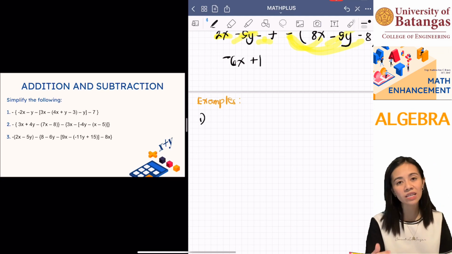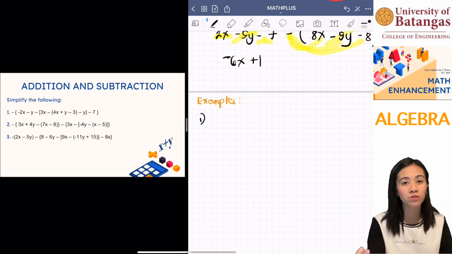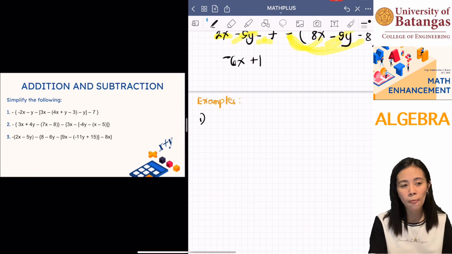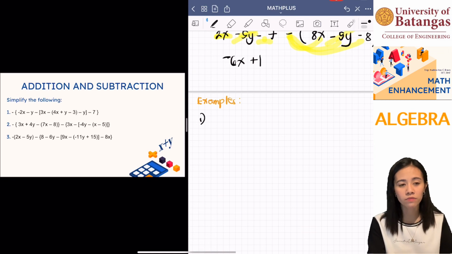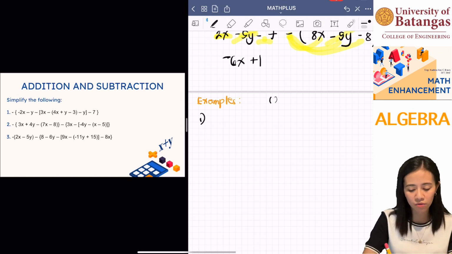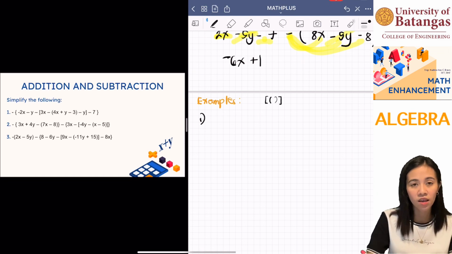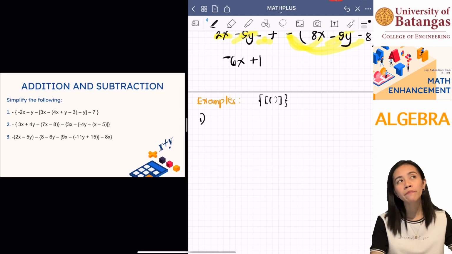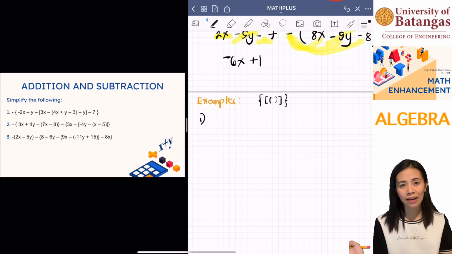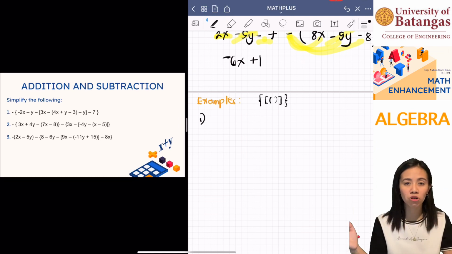So, ina-emphasize lang ng examples that you have grouping symbols to follow when you are simplifying algebraic expressions. So, the first ones to simplify are those inside the parentheses. Okay? Followed by the ones in brackets. And then followed by the ones in braces. Okay? Halimbawa, yung ating algebraic expression, meron pa siyang parentheses after brackets. Kumbaga parang may bigger operation ka pa outside of the